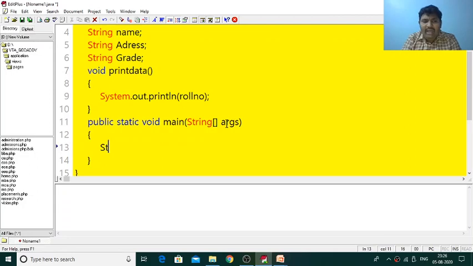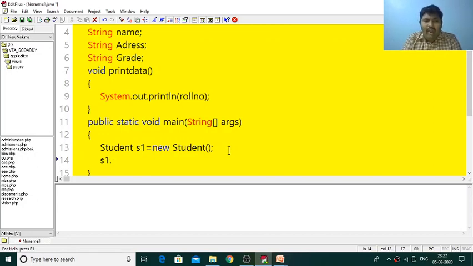The name of the class is Student, and the object I am giving is s1. The name is your choice, whatever name you can give. And as I told you, you have to use the new operator: new Student(). Like this we create an object for the class. Now we need to call the method to print the particular data with the help of the object.